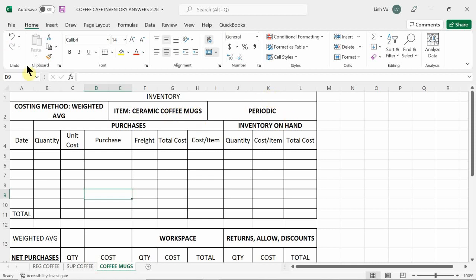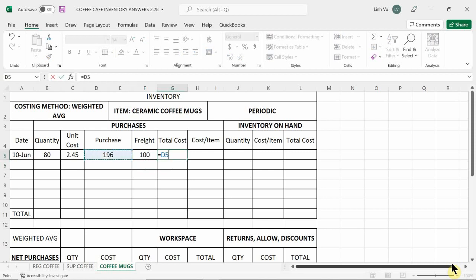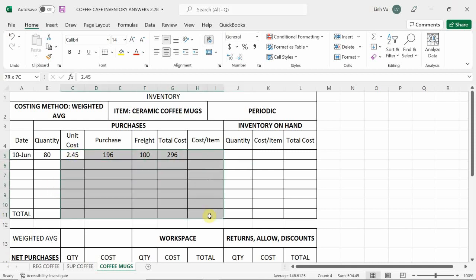So in this case, I just made a purchase because I received the items. Okay? So today's date is the 10. I bought 80 mugs at $2.45. Okay? That should give me a grand total of $196. I got charged $100 freight. So therefore, my grand total cost is $296. Now, this is what you can do. It's optional if you want to do it for practice purposes only. You can actually calculate the